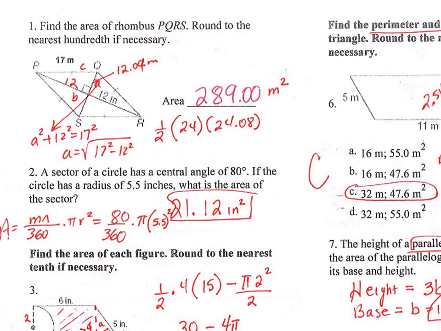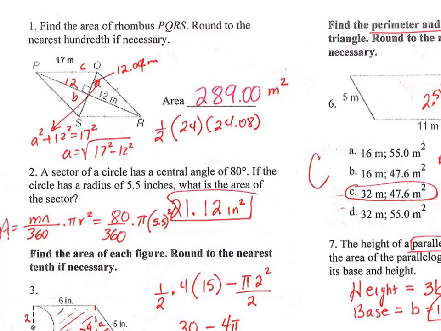All you need to do here is use the Pythagorean theorem to find the missing side. So it's a squared plus b squared equals c squared. So it's a squared plus 12 squared equals 17 squared. You subtract 12 squared and then take the square root. When you do that, the length of the side is 12.04. You multiply by 2 and that is